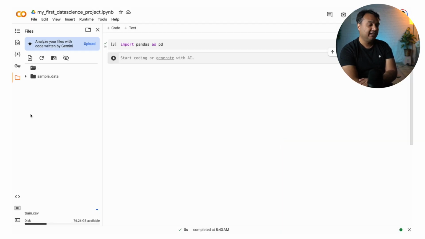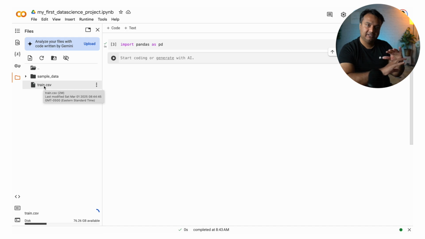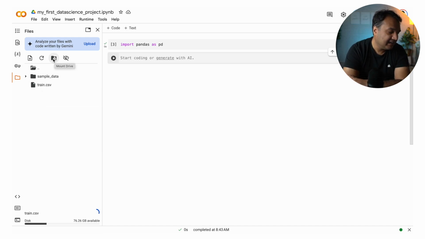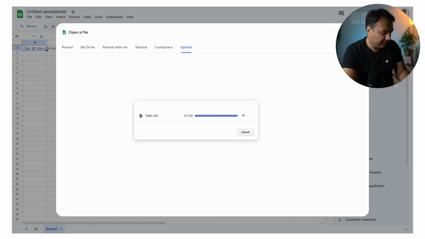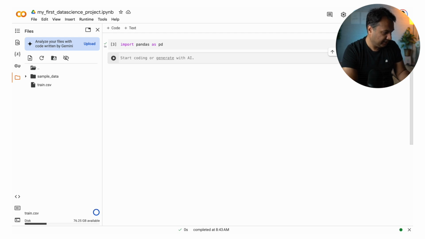It's giving me a warning that when the session is over, this file will be deleted. So if I want to preserve this session, I can connect it with my Google Drive so that whatever files I'm using, they stay there. I don't have to do it here, but you can do it if you want to. Okay, so this is opening here. The file is uploaded. Let's see, why is it taking so much time? But while it's loading,